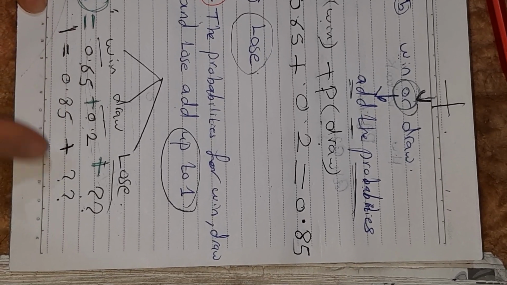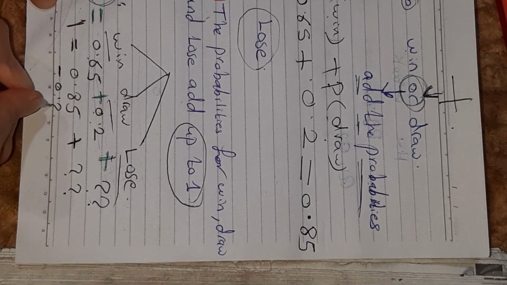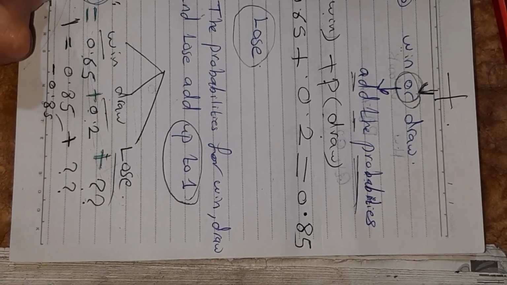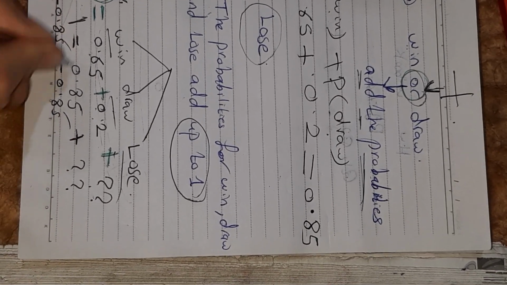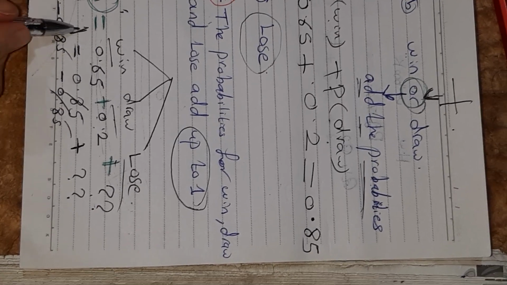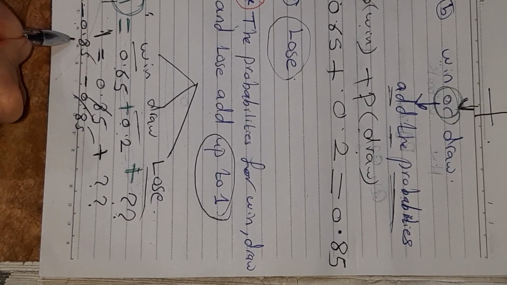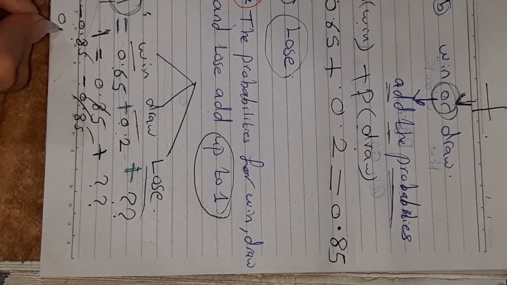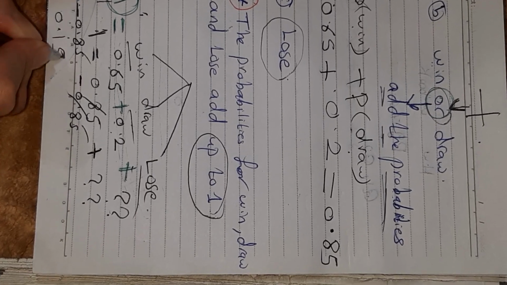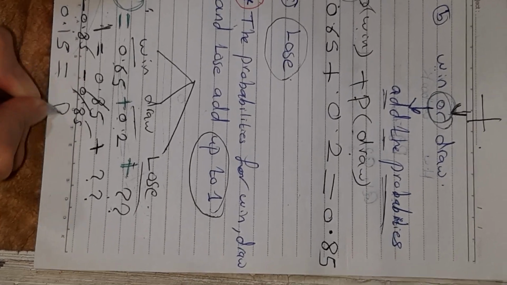How can you find this one? Minus 0.85, minus 0.85, I cancelled. Now 1 minus 0.85 equals 0.15